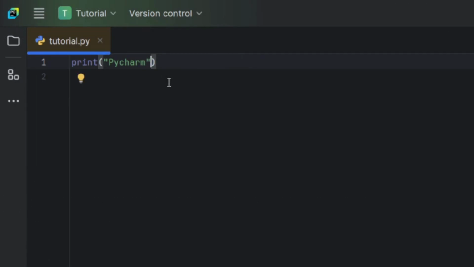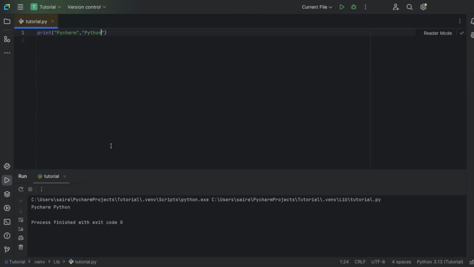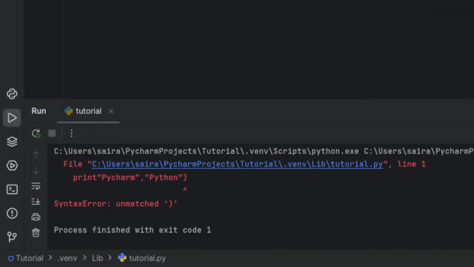Now let's try with two arguments. So we'll type PyCharm, close it with the quotations, and let's type a comma, and open another quotation, and type Python. And let's run it. You see, this time the print function is using two arguments, but all the arguments must be within the parenthesis, or else, let's try with another parenthesis.